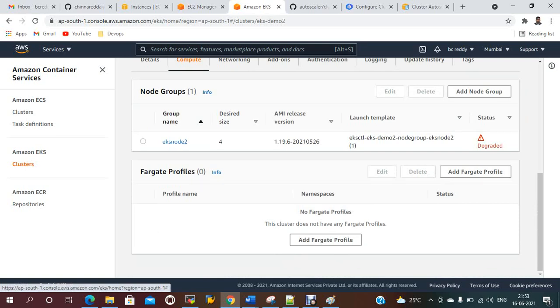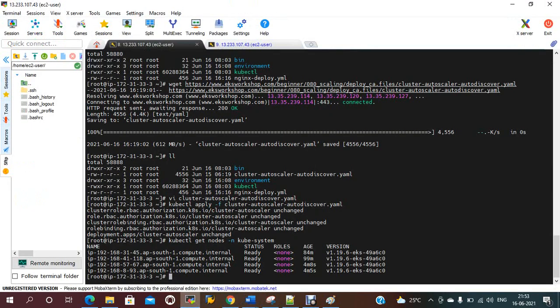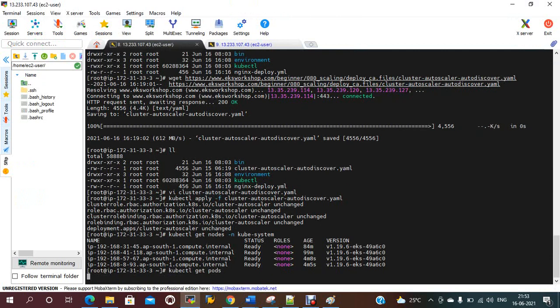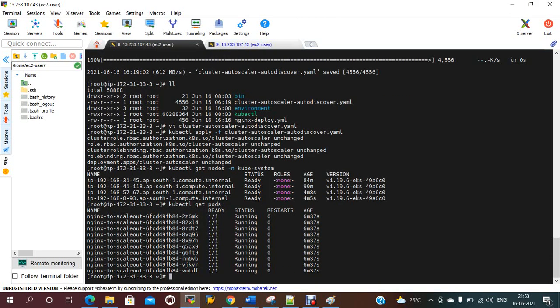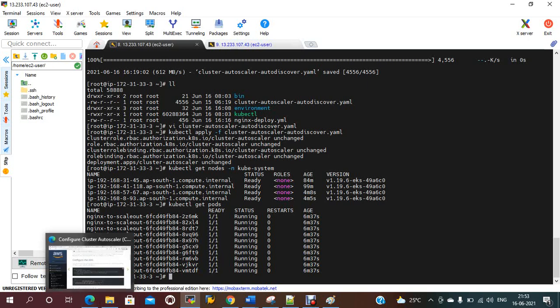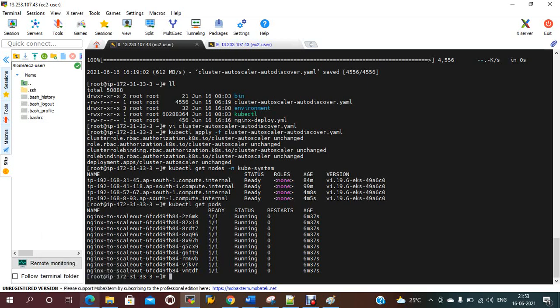Now 4, extra 2 nodes should be added. If I check now kubectl get pods, all my pods should be running. See, previously 4 were pending, right? Now all are running, because we created the service account and cluster autoscaling. For that, all the nodes should be running.